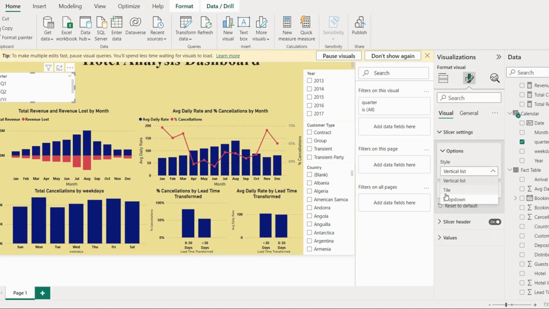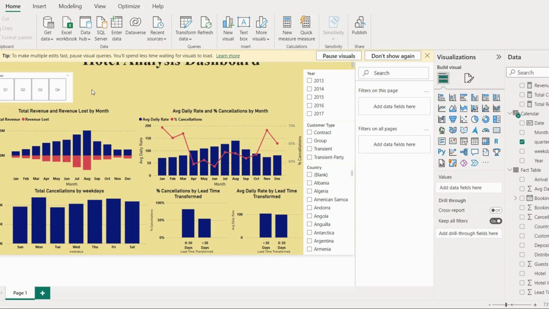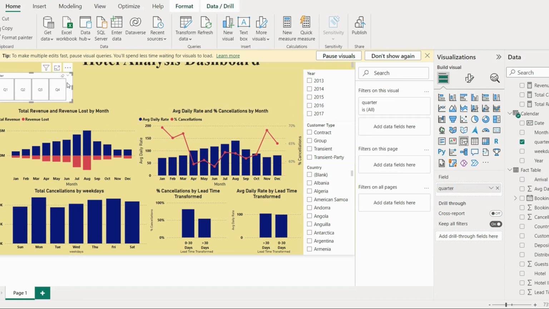Instead of a vertical list, we will give tiles. So 4 quarters are there. You can select any quarter. After that, if you need month-wise data, you can get the month-wise data from here. So what I have done, I copied the slicer,